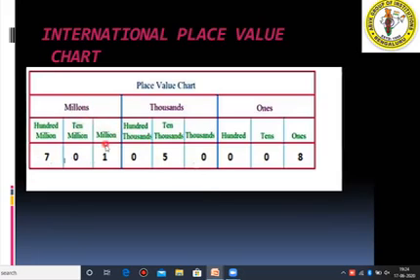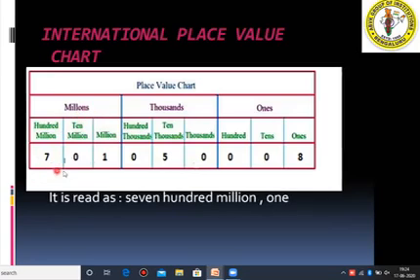Same way here also, millions: millions, 10 millions, 100 millions. This millions period is new here. Next, here they have given one example: 701050008. How will you read this number? Now we have only 3 periods to remember: millions, thousands, ones. Under the millions period you have 3 columns. This 701, you know how to read.